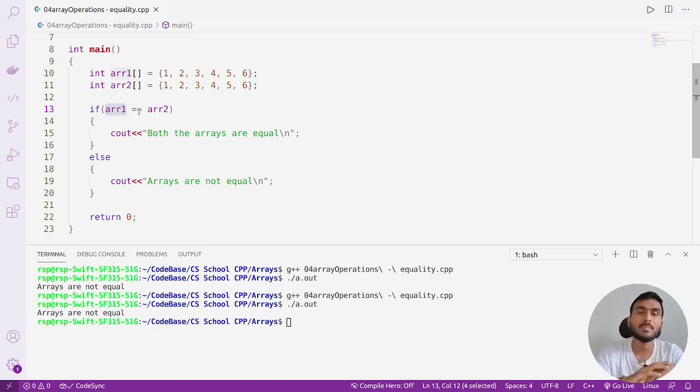So basically you are comparing two different addresses. Doesn't matter what elements you have inside the array, this expression is always going to result into false C value. Why? Because the address of ARR1 is always going to be different than the address of ARR2. That's the reason, doesn't matter what is present inside the array, it is always going to result into